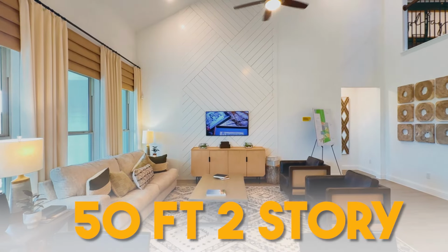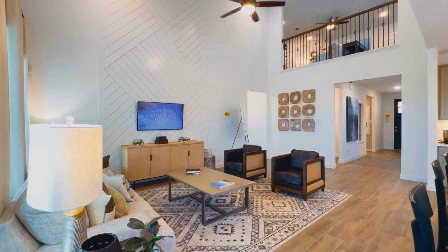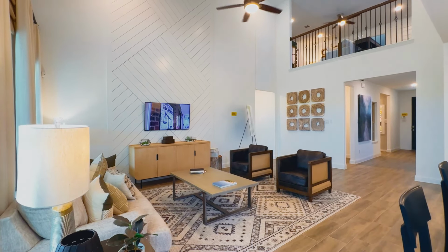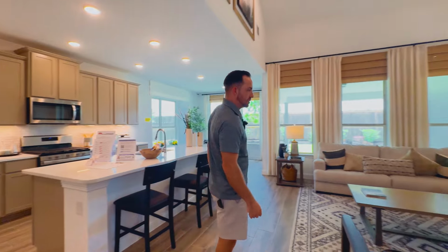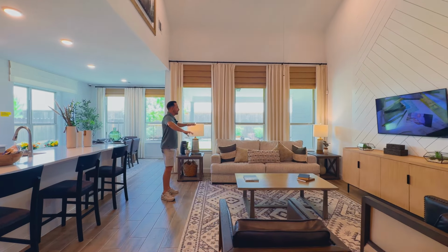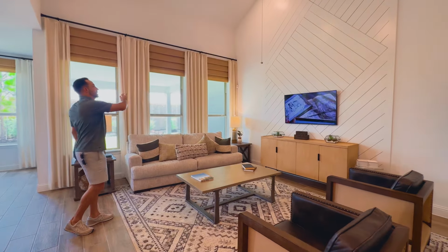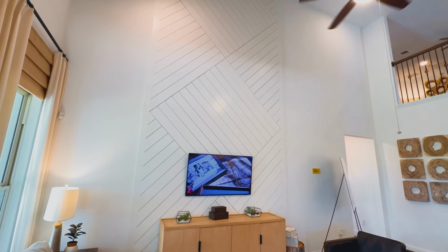This is a 50-foot product, so the lot sizes are 10 feet smaller in width, but it still feels very open. It's actually very nice. This is the main living area, and it just doesn't feel too congested or tight in here. In fact, there's plenty of space. So you've got your main living area here. You can see they've got the nice covered patio. A little bit different. This one kind of kicks up at an archway, going all the way up there,